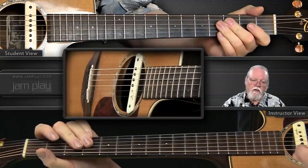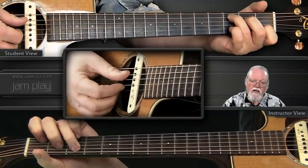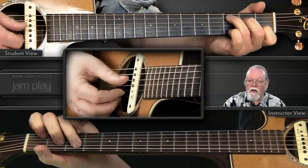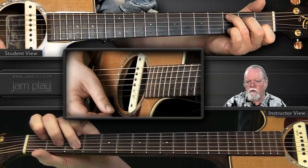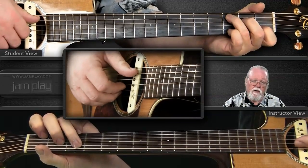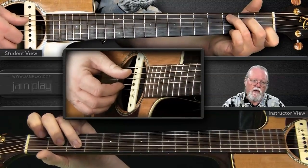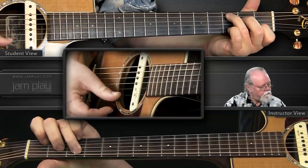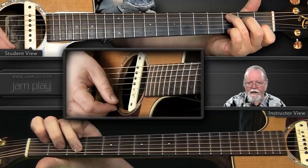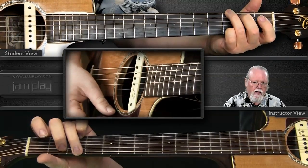Now, let's look at another chord shifting pattern. Let's say we were going from a C chord to a G chord. Now in this case, I would use that other G chord fingering for my G. My C chord, there's pretty much only one way to finger that chord. I have to use this fingering that we've already looked at. But now if I want to change to the G, if I use this G chord shape, then all that